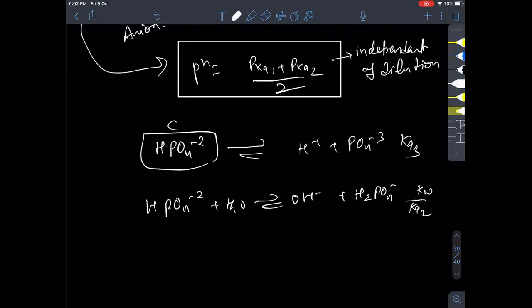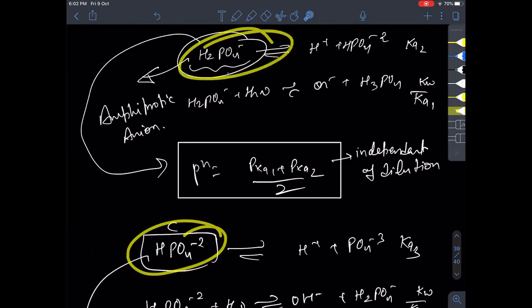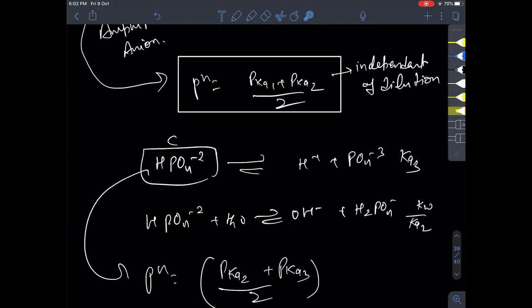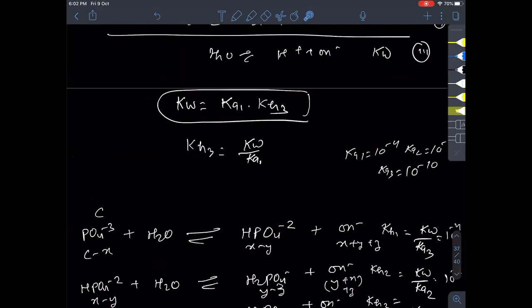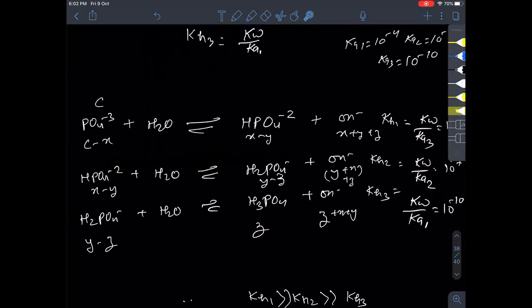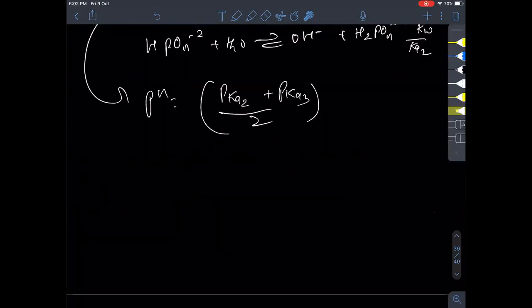Now here, pH for this solution will be the pK average of second and third, pK2 plus pK3 by 2. So very simple. If this species is there, you apply this. If this species is there, you apply this. That's how you are supposed to calculate if this pure species is there, right? And if it is PO4 3 minus, which is just an anion which can hydrolyze water, it does not have any H plus ion to donate. For this, I have already told you how to apply the salt hydrolysis equation, right? Refer to this. So that's all about the amphiprotic anion and the other species of polyprotic acid.